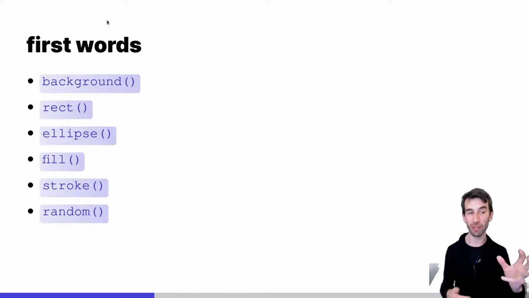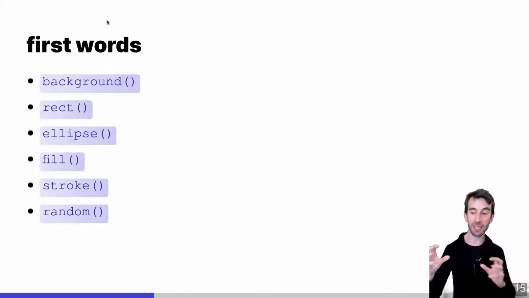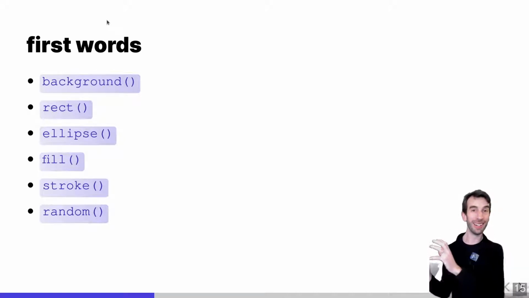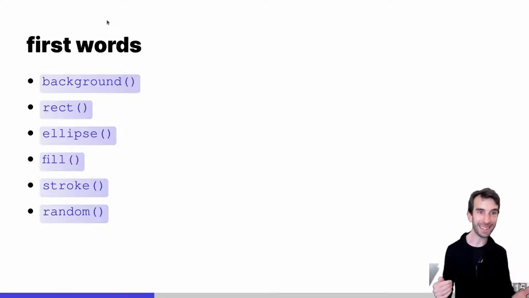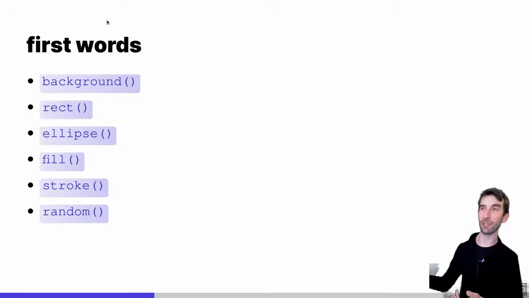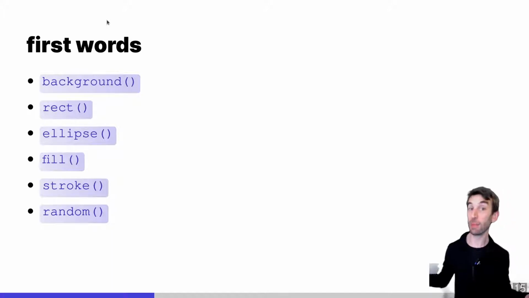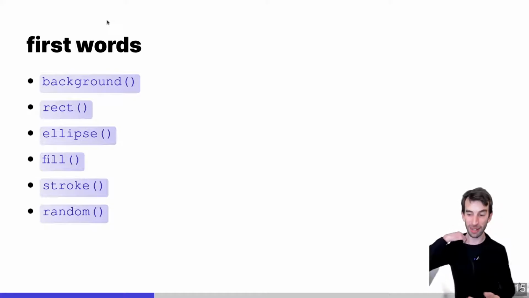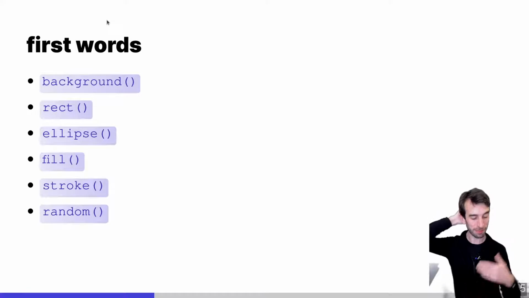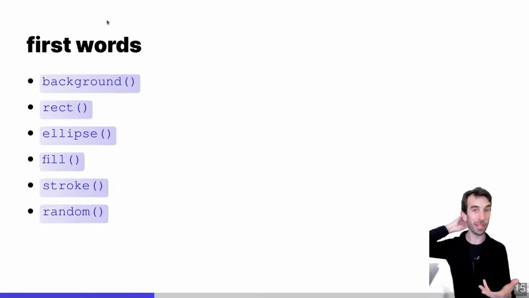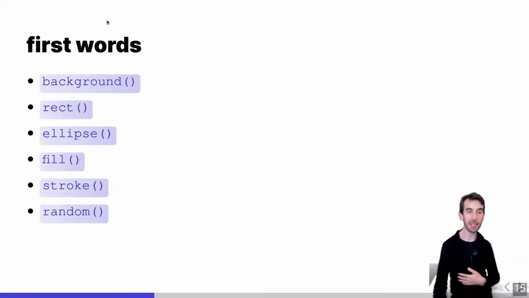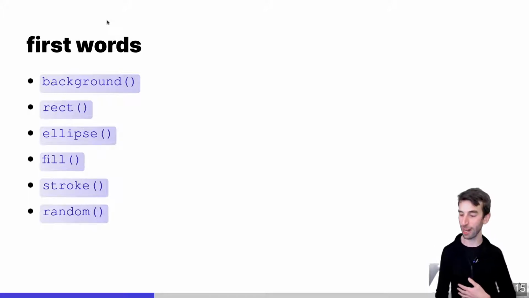So if you put these special commands, these functions, in an order which accomplishes a different picture, you'll get that different picture. It doesn't matter that you've got a comment which says, please draw an ant, and you've got the commands in there to draw an elephant. It will still be an elephant, even though you really want it to be an ant. So make sure that you are continuing to experiment with the ordering of your lines of code and these basic first words: background, rect,